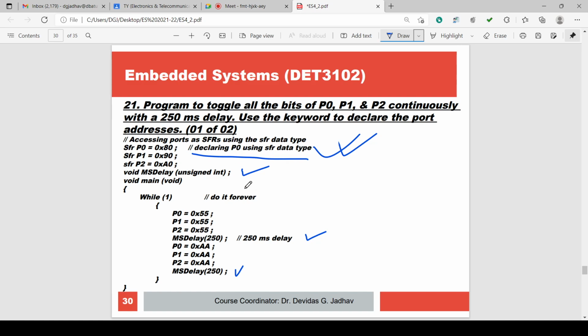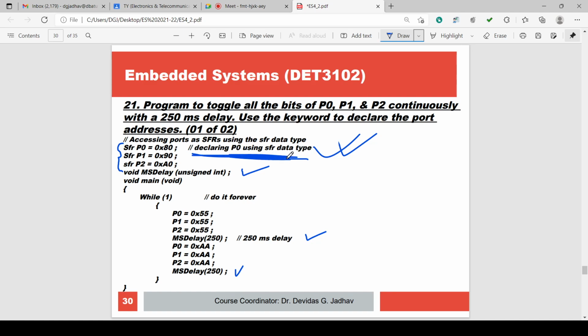Why are we defining SFR here? What is the difference from the previous program? We executed the same program on the previous slide also. In that we are not writing SFR because we are including the file reg51.h. Here we are not including the file reg51. Register declaration is there in reg51, and if you are not including it, then the register addresses have to be defined in the program, and that we have done here.